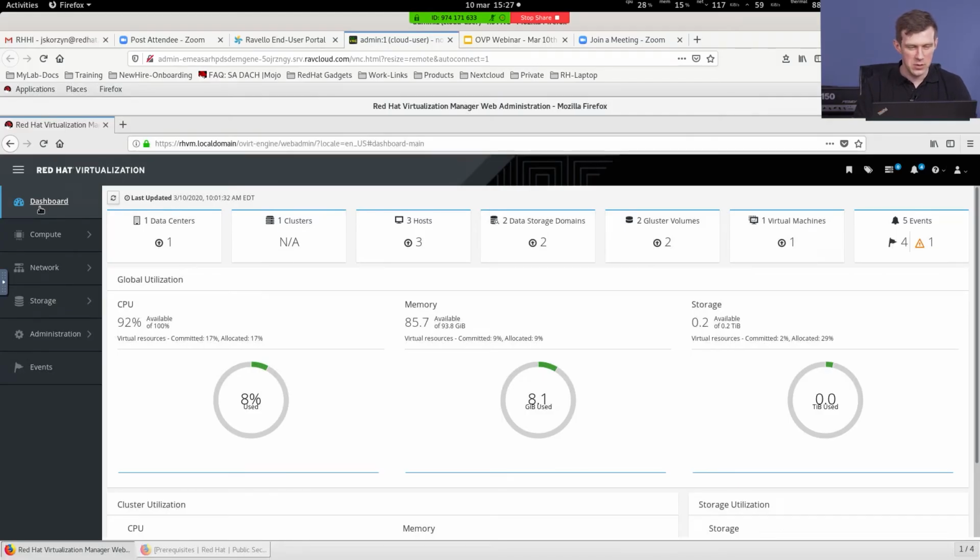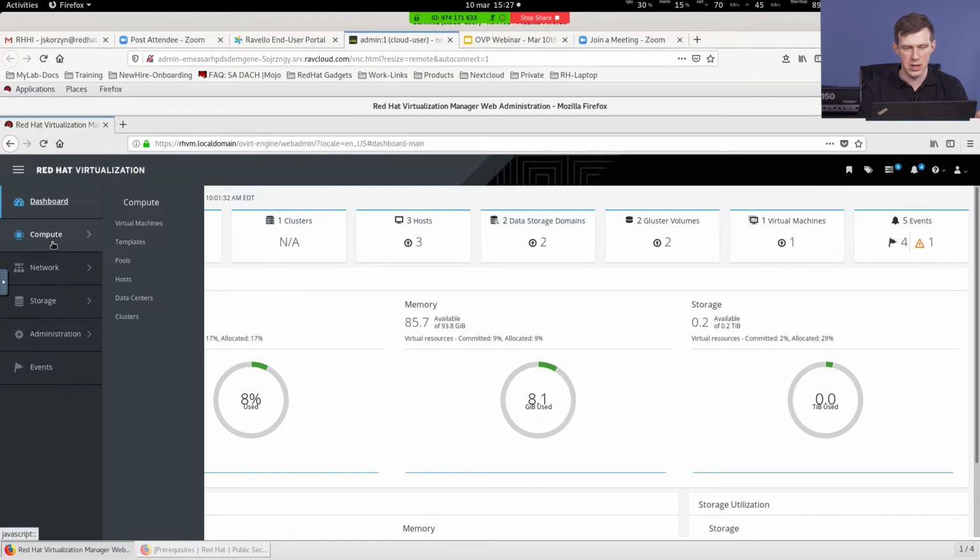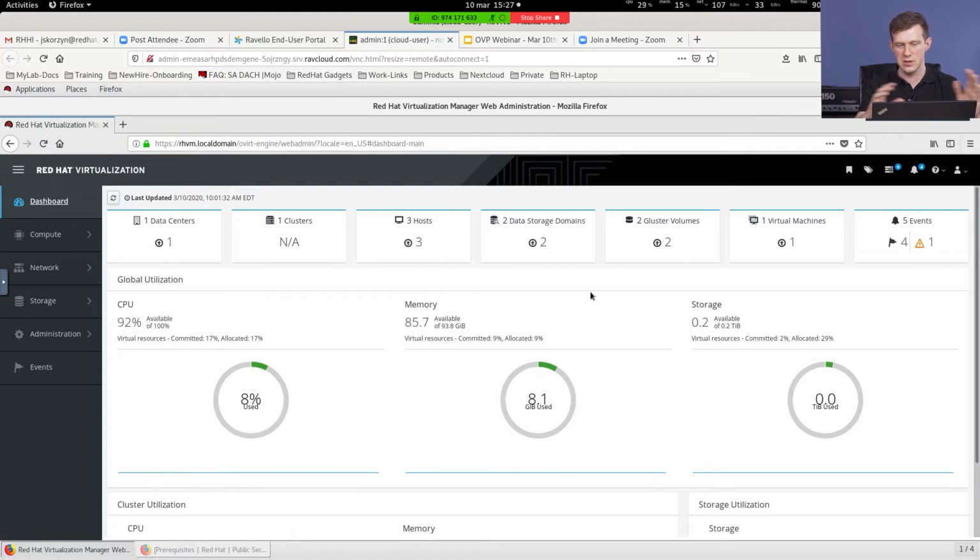Okay, so as you can see, this is my Red Hat Virtualization Manager, and this is pretty much the standard one. You don't have a lot of difference in terms of UI in here. But the thing is that there is one more item which is not normally used here, which is Gluster volumes.